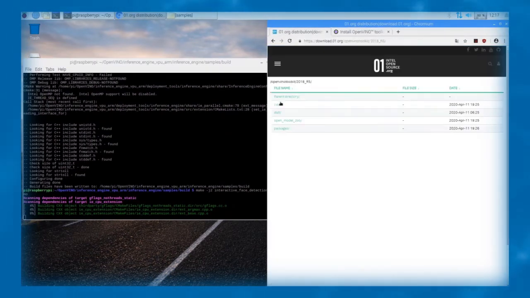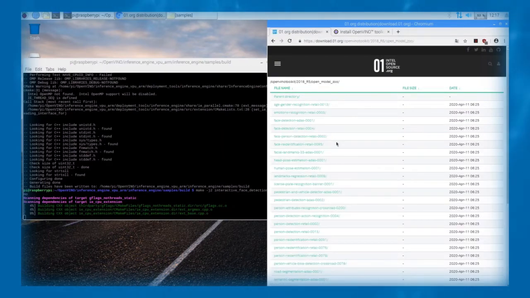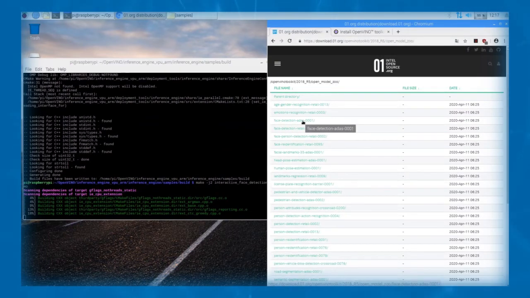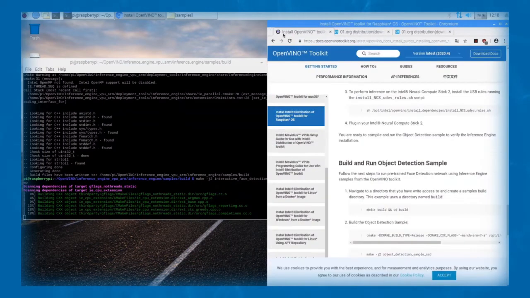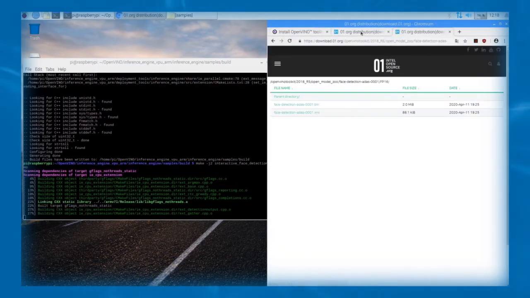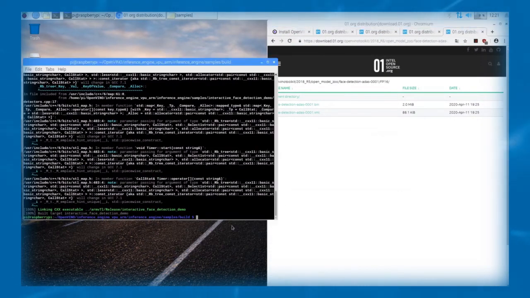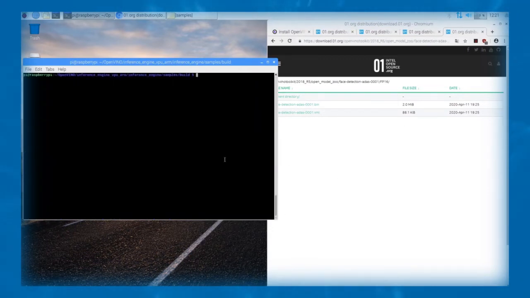We will need now to get the pre-trained face detection models, which are also on the Intel open source page. I will download the XML and bin files. I will download them in the same directory where my interactive face detection application is built.